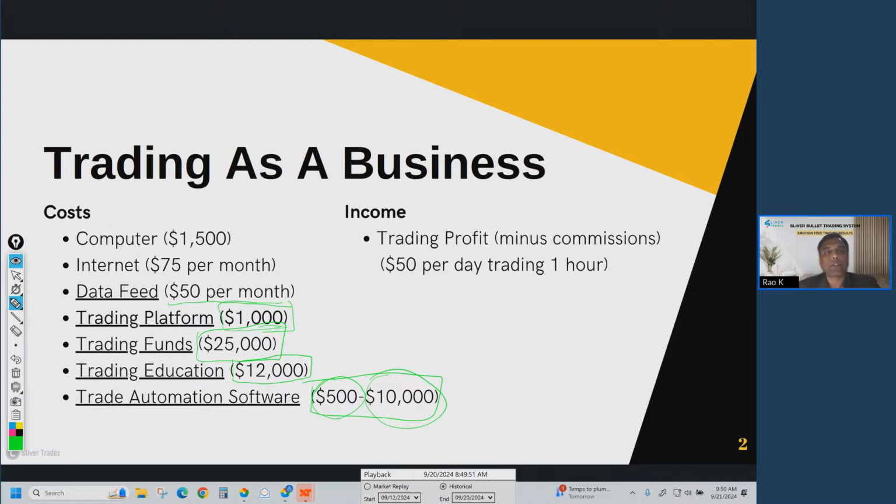Now, what's the income potential? Again, I try to be ultra conservative. The smallest number that I could imagine that is easiest for anybody, anytime to make in stock market, if they spend 1 hour, that number I have taken. So $50 I have taken as the smallest possible number that you can make by spending 1 hour, even if you are ultra conservative in your choice of trades. This is doable.